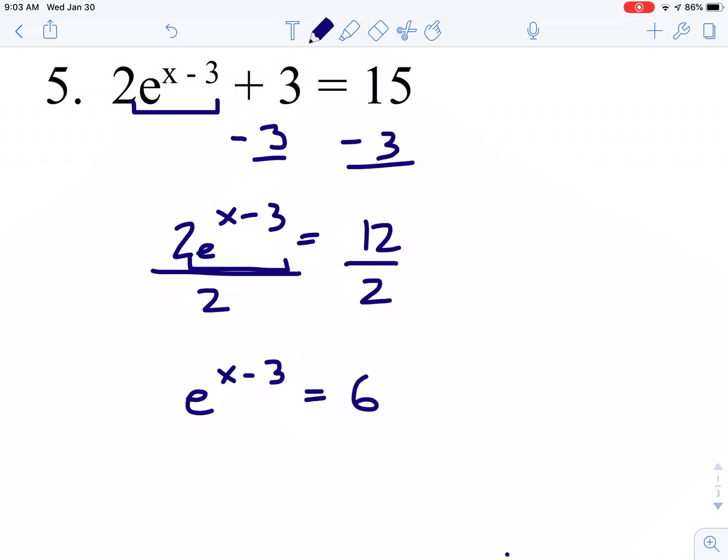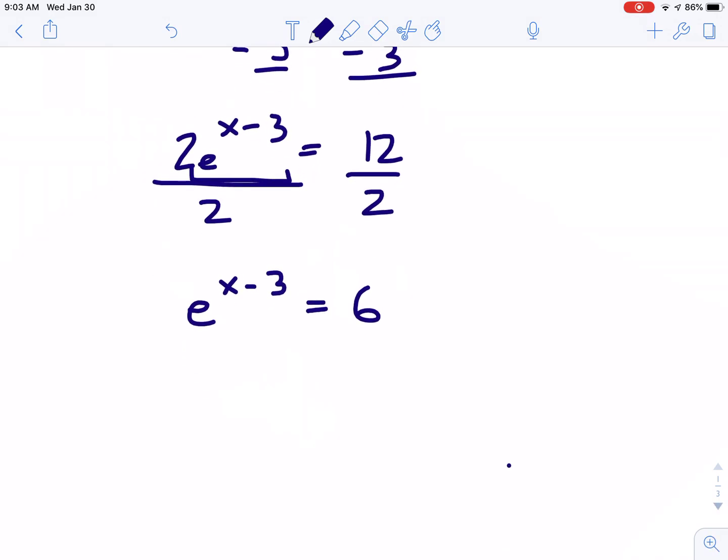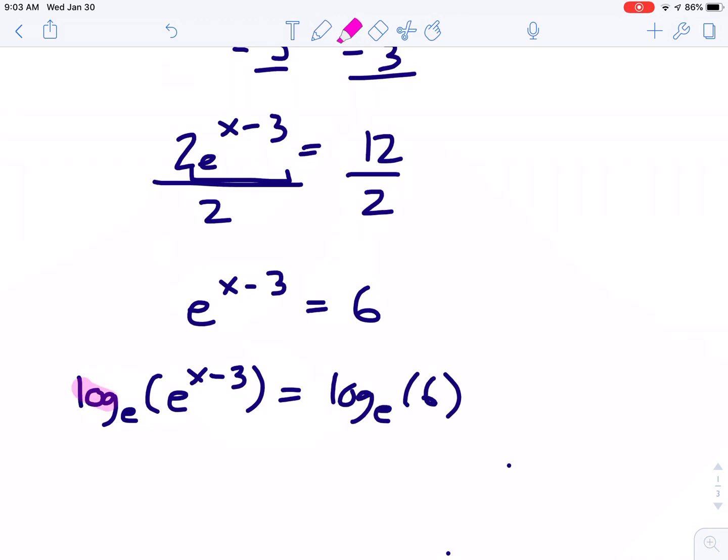Now the base is by itself with just its power. Now the power can have whatever you want in it, but there shouldn't be anything outside of the base. Now to get rid of the base, that's the new skill. You do log base E of e to the x minus 3 equals log base E of 6. So if you do log base E on both sides, just like square rooting both sides, just like dividing both sides,